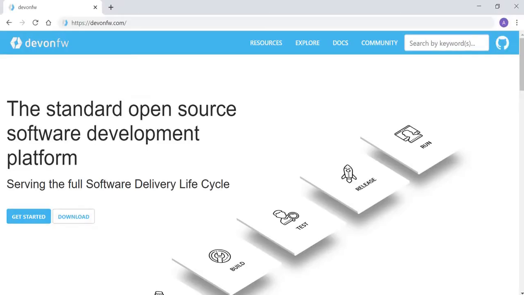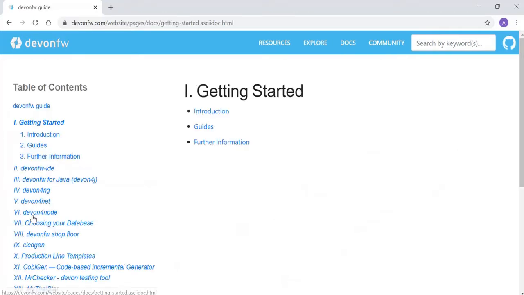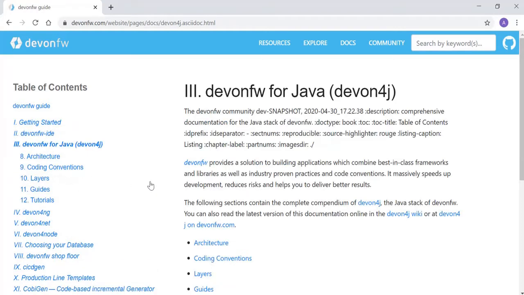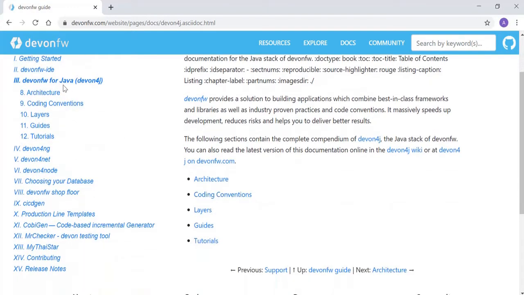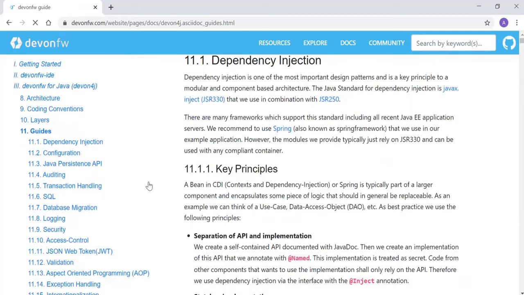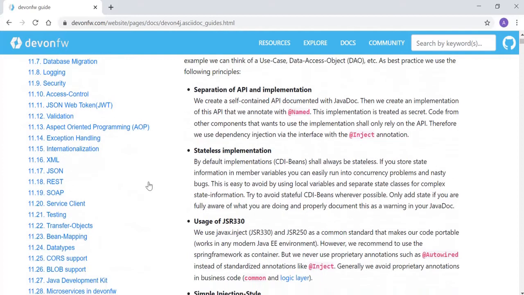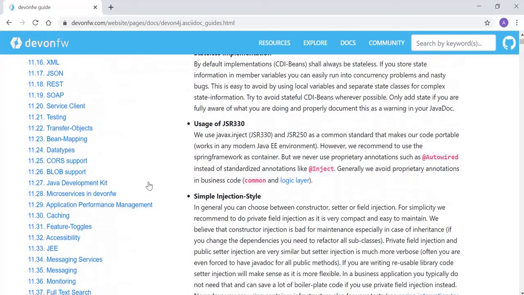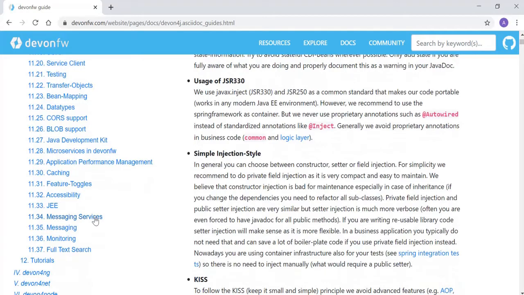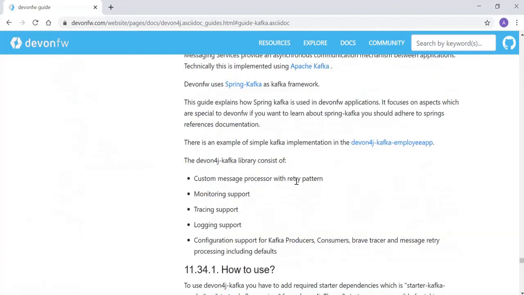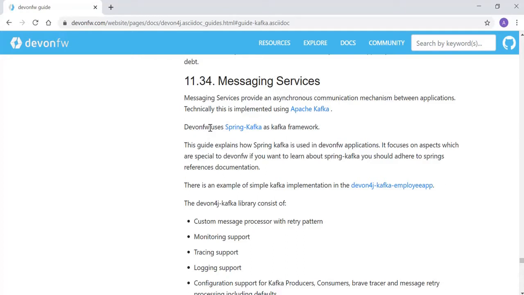To know more about devon4j Kafka, go to our website, which is www.devonframework.com, and click on Get Started, and you can find devon4j, which is the Devon framework for Java. Click on that, and you can see the Guides section. Click on that. If you scroll down more, you can see a lot of guides with various versions available for devon4j, and you can see the messaging services. Click on that,